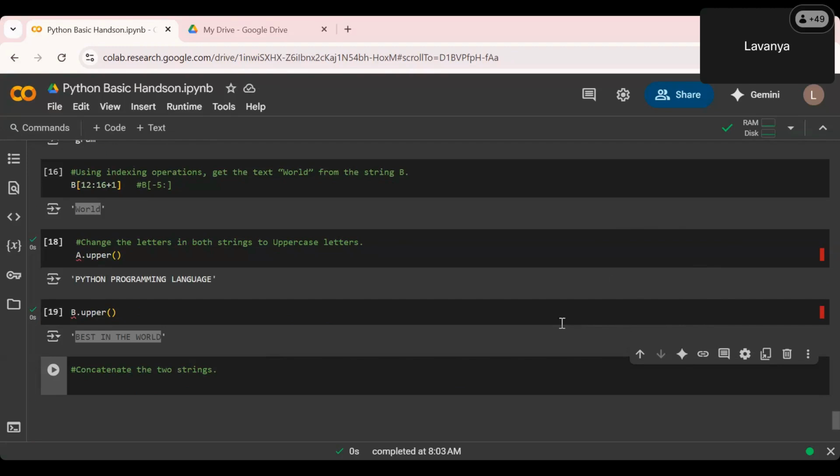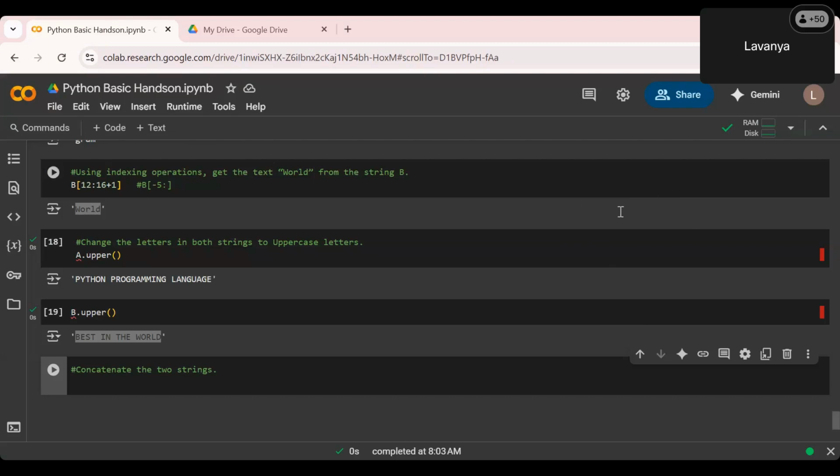Okay, yeah, this is correct, Sunny. This is correct. Yeah, this is correct also, Arif. Are you printing A upper? That is what you are printing, Arif? Yeah, correct. Then why is it giving you C is equals to